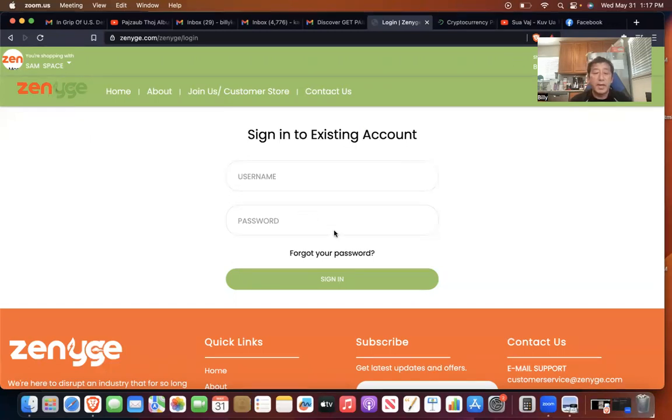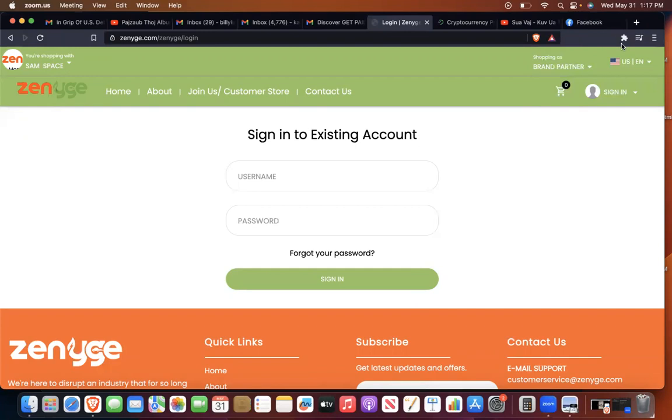So which means that we can, and we are here. So let's take a look at whether you are an active member or not. But the first step right here, we have to log into the website called